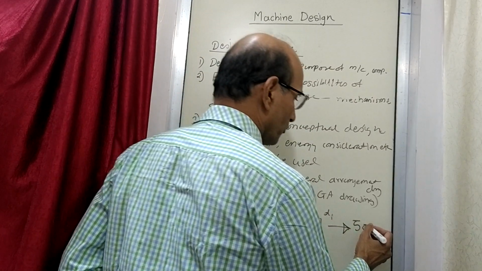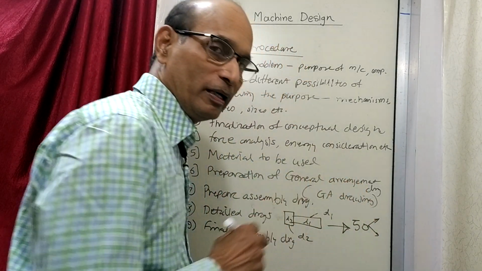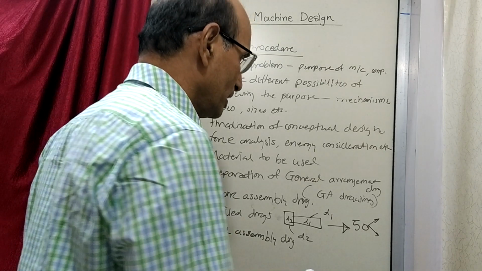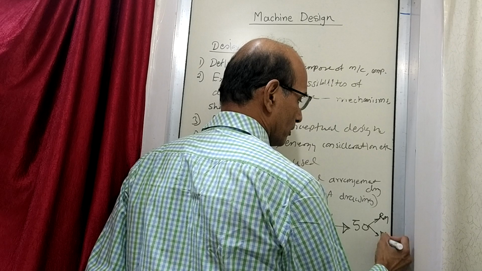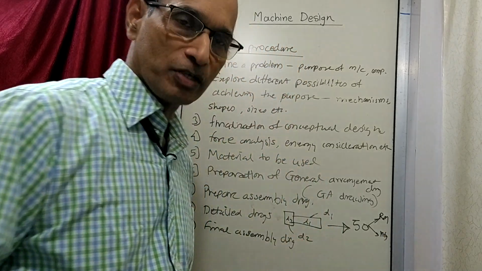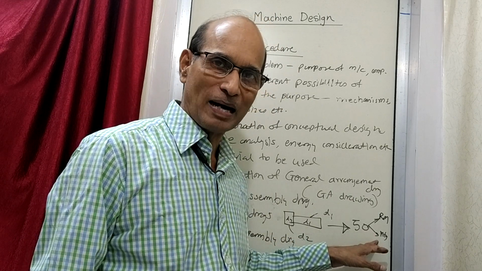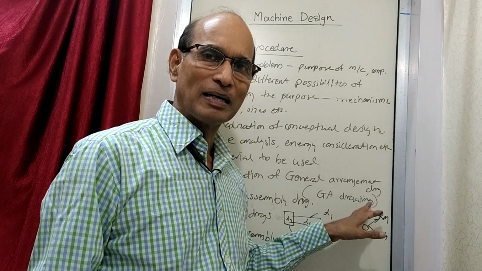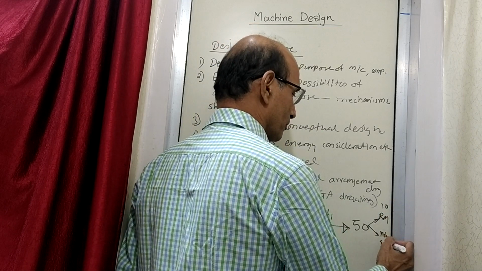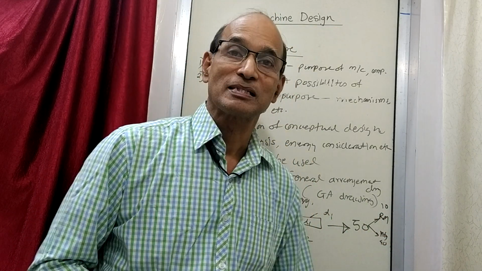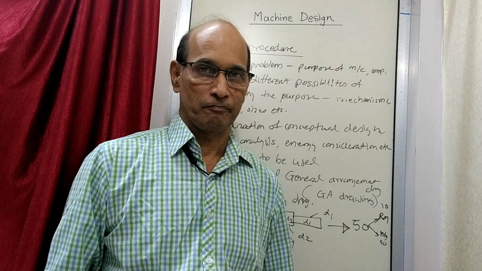But then you will find that these 50 parts will be of two main types. One is ready-made and the other is to be made, to be manufactured. So you have to manufacture some number of parts out of 50, and some parts are standard parts. I'll just write say 10 and 40, just like that. So out of 50 parts, 10 parts are standard parts and 40 parts you have to make.